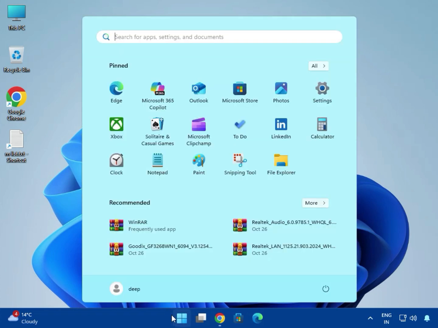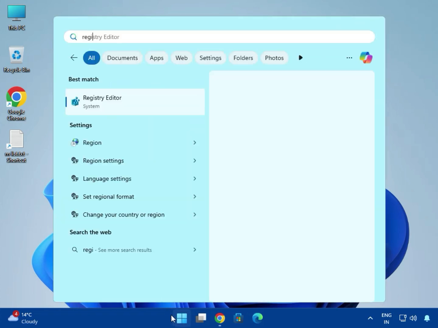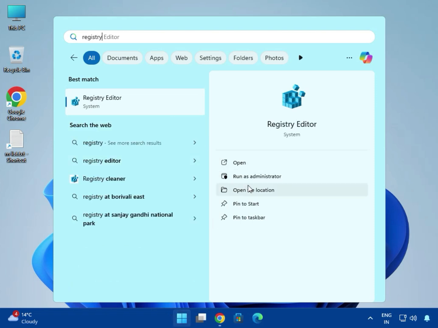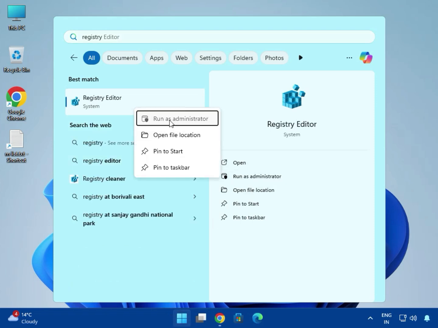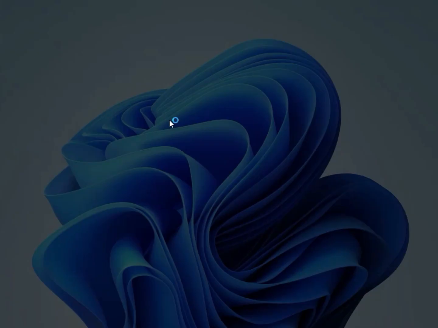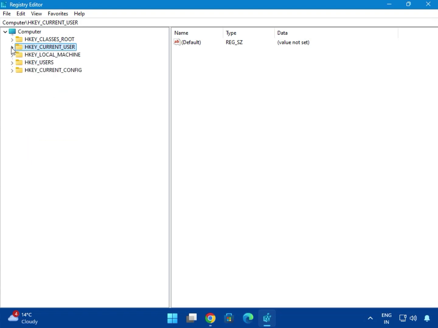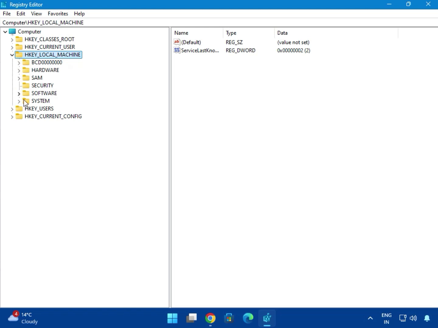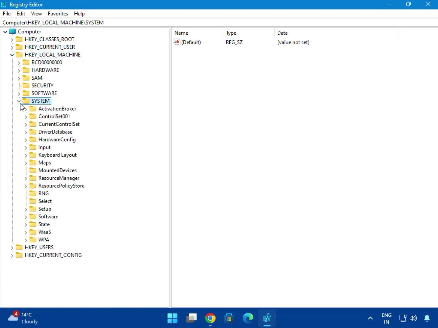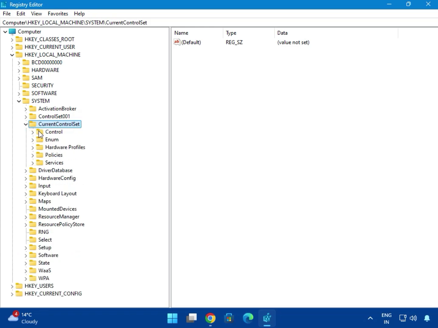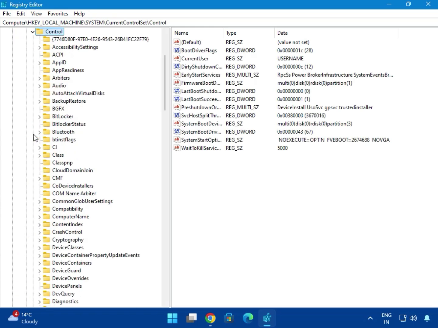So click to start and type registry and right click to run as administrator, then click yes. Now, first local machine, extract this, then system, extract, current control set, this one, extract, then select control, again extract. Okay, so this is control here, and find out